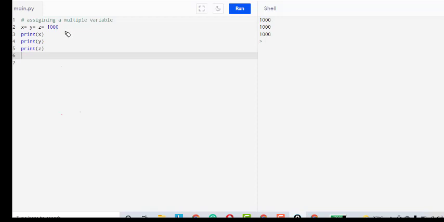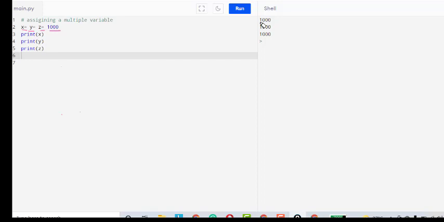This is an example for assigning multiple variables. Here I am using three variables x, y and z. All the variables are assigned a common integer value 1000. Now print the single variables: print of x, print of y and print of z.